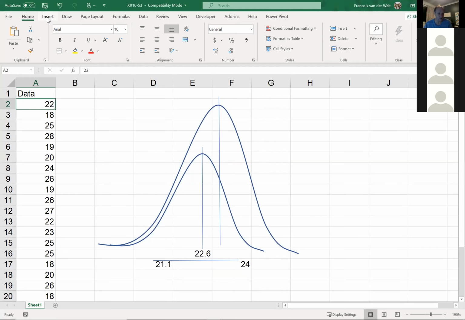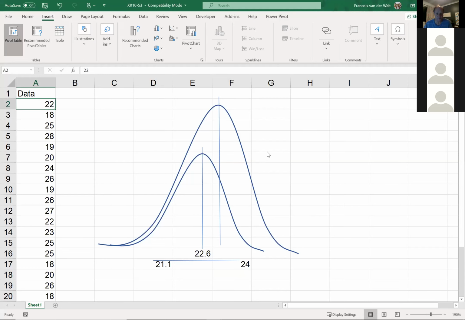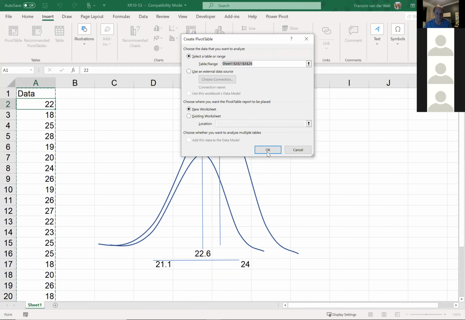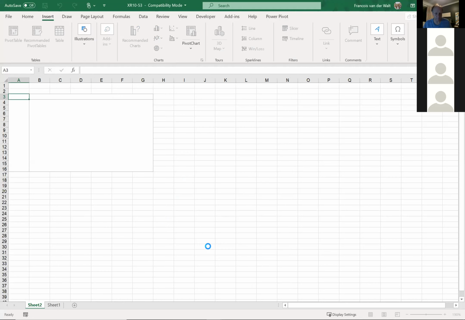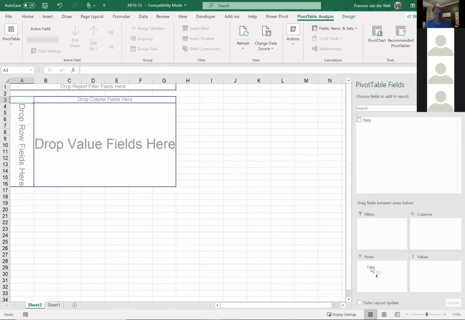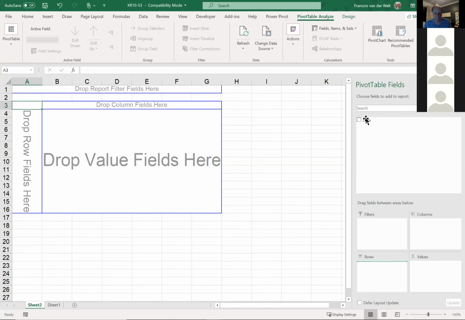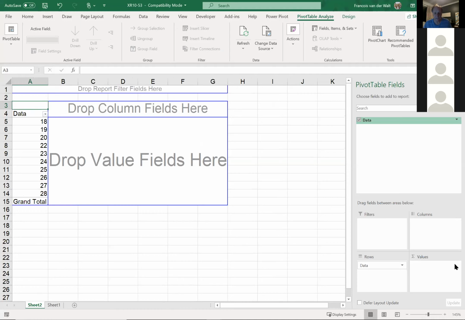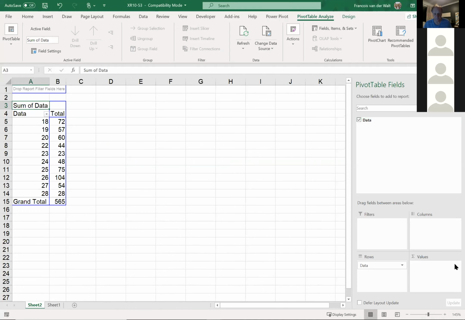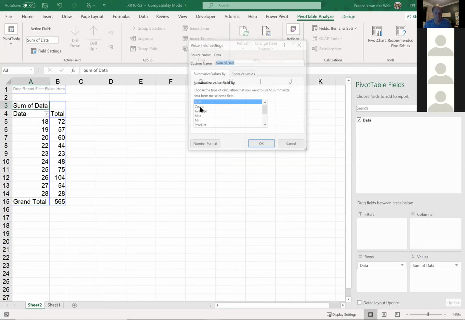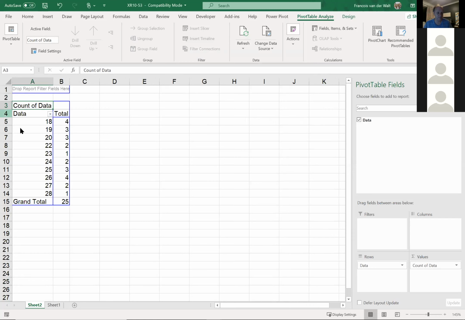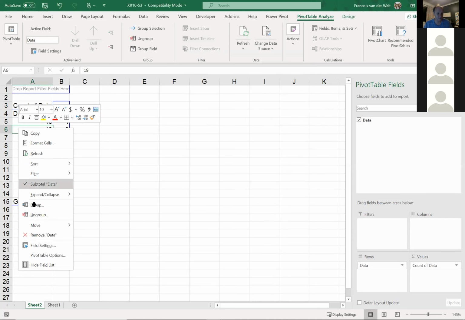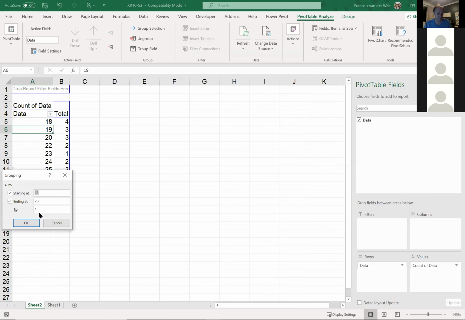Okay, you do it on your side, I'll do it on my side quickly. Draw a histogram of the data. How do we do that? We use a pivot table. My recommended way is to use a pivot table, drag in the data, and change the data here. Instead of sum, it needs to be count. Let's see who's first. Tell me when you're done. Then group this. I think we'll just make groups of 2.